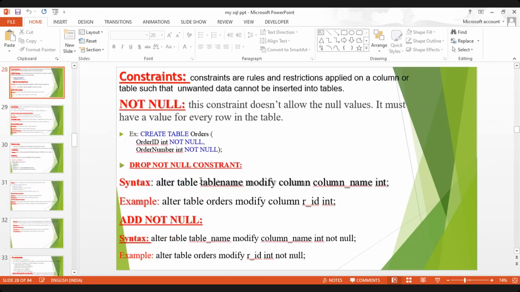So let me check how it will work. NOT NULL constraint. What is the NOT NULL constraint? This constraint does not allow null values. It must have a value for every row in the table. For example,